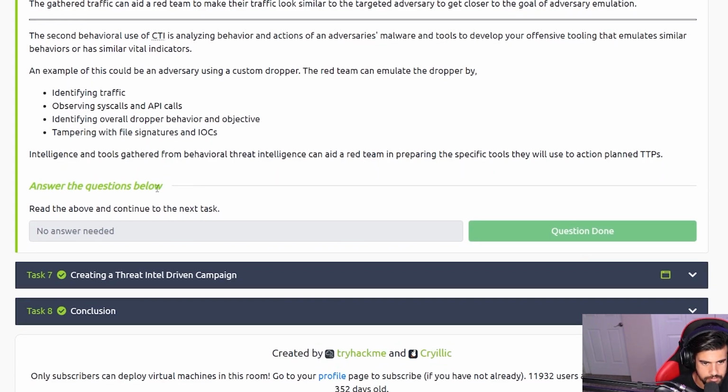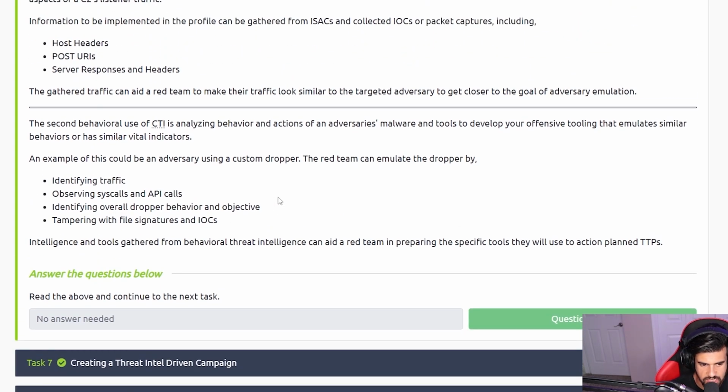And then, this section is pretty short here. We're just covering what all we could gather from this stuff, like their custom droppers they might use to drop malware against the target. We could look at API calls, syscalls, and any kind of tampering they might do, any kind of IOCs, indicators